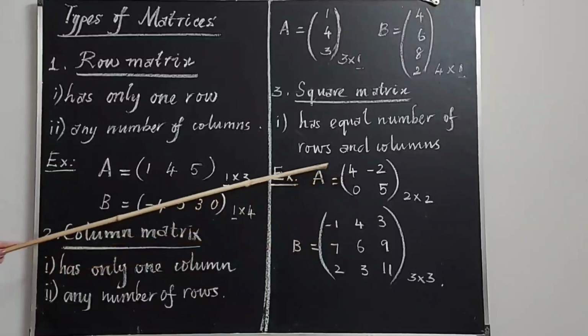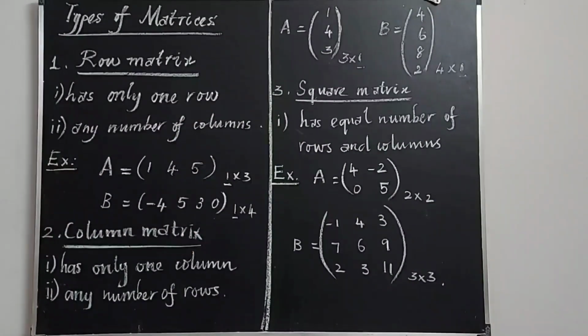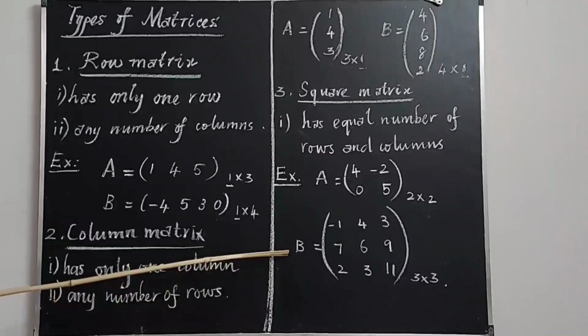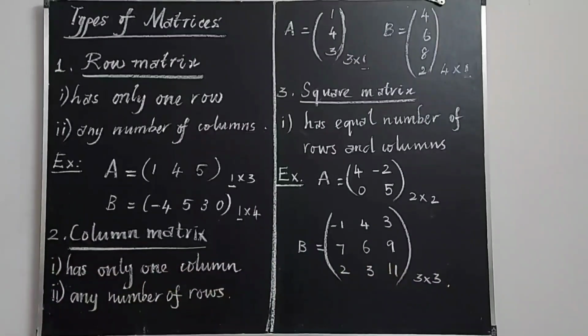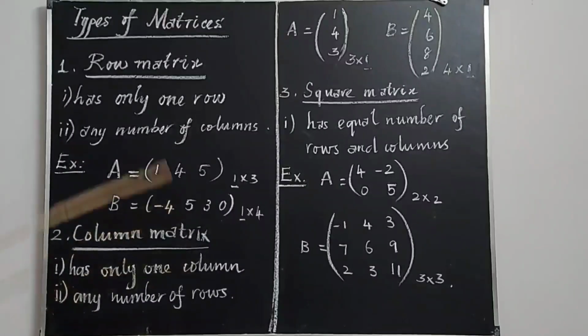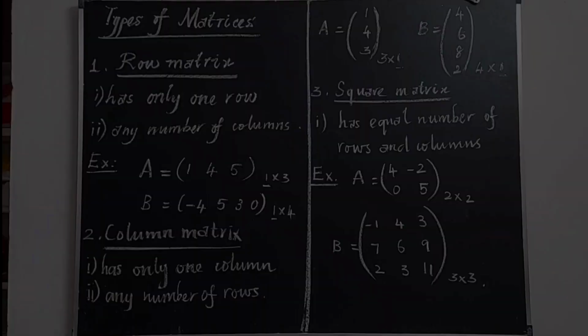Its order can be simply written as A is of order 2. A square matrix A is of order 2 means we know that it has the same number of rows and columns, so its order is 2 by 2. A square matrix B which is of order 3, we can say simply 3 alone. So it insists that it has 3 rows and 3 columns. So are you correct? What is row matrix, column matrix and square matrix? Let us go to the next type of matrix.